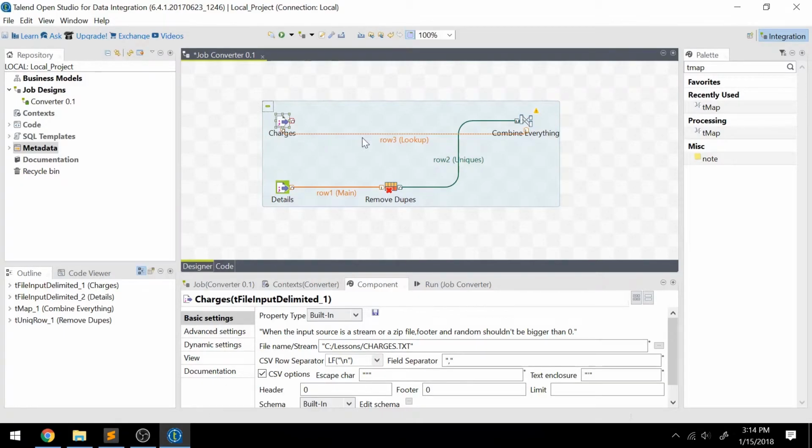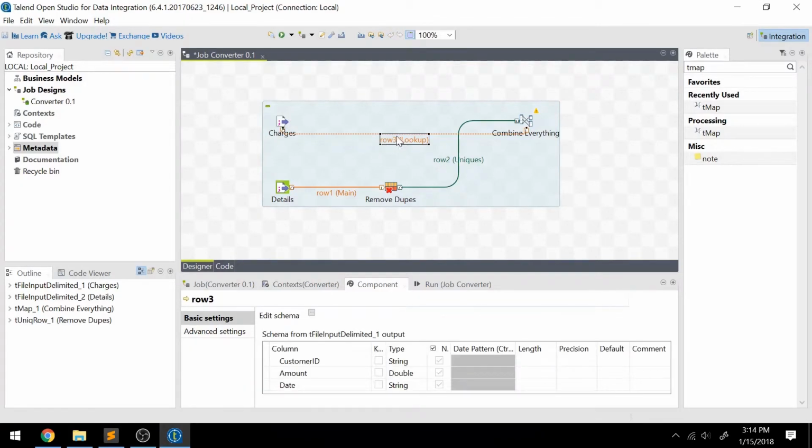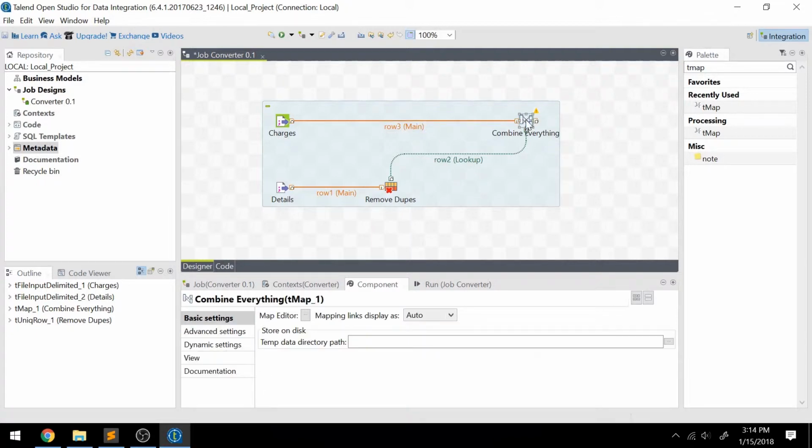So to change it, just click this label here, right click, and choose "Set this as main connection." That way it's going through each of these records, and it's using the details as a lookup. Now here's where naming these might be beneficial, because if you go into the tMap component, and